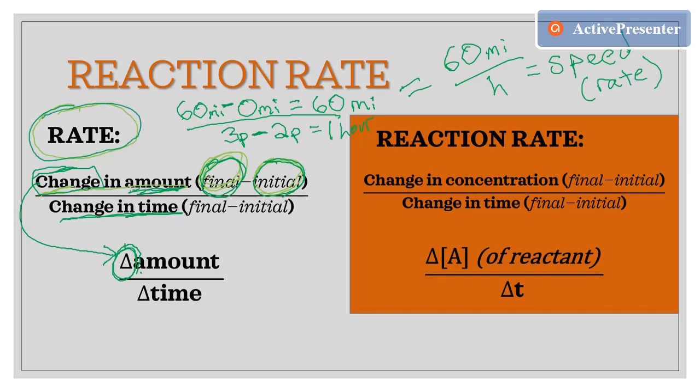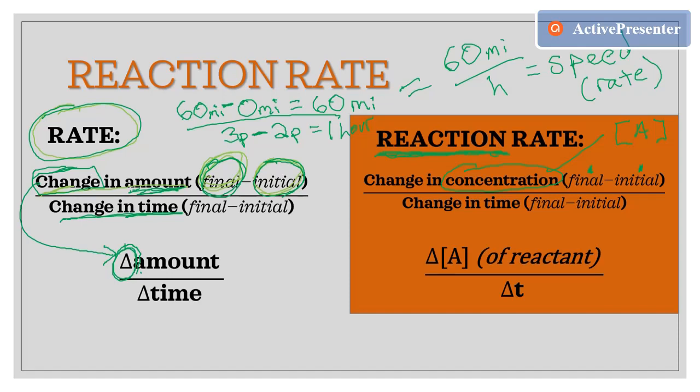But it's exactly the same in chemistry. We're just specifically talking about the reaction of the chemicals, the rate of the reaction of the chemicals. But the rate, it's still the rate. It's still the speed at which something happens over time. And in this reaction rate, it's going to be the change in the concentration. So that would be that brackets A that I was showing you, which is molarity, which is the concentration, usually in molarity. So you start with the final amount of the concentration, and you subtract the initial amount of the concentration